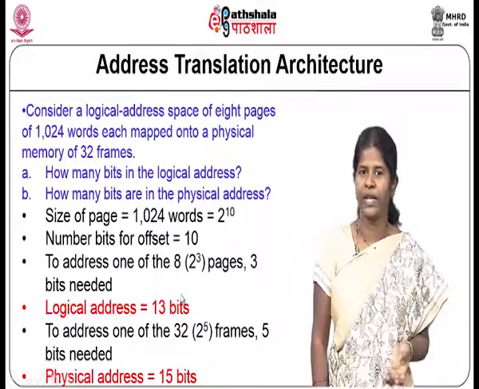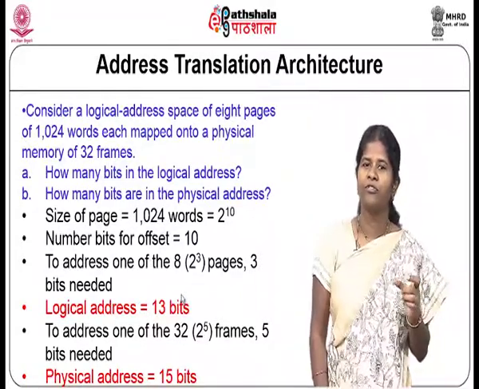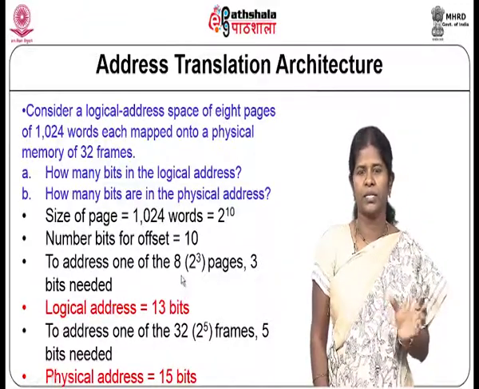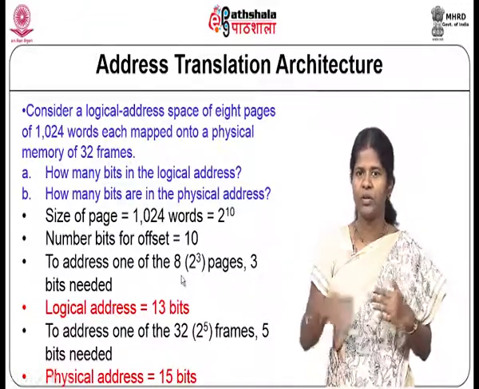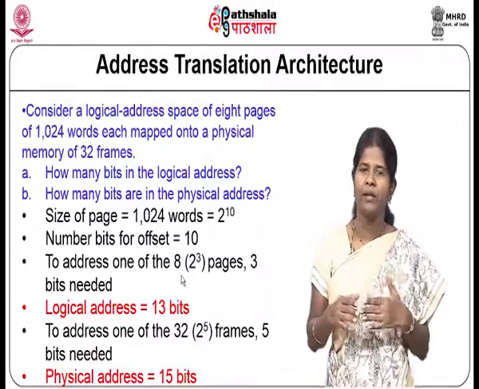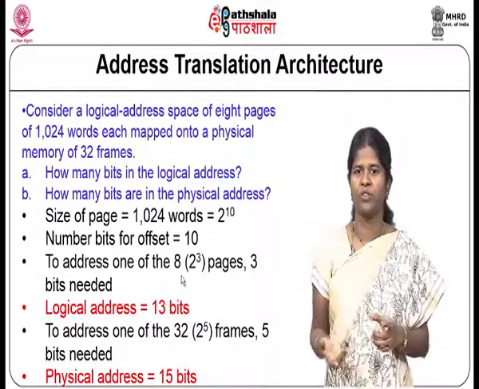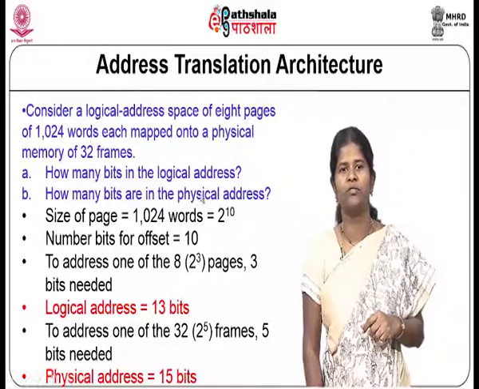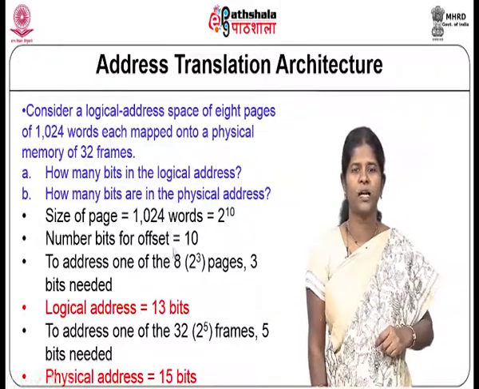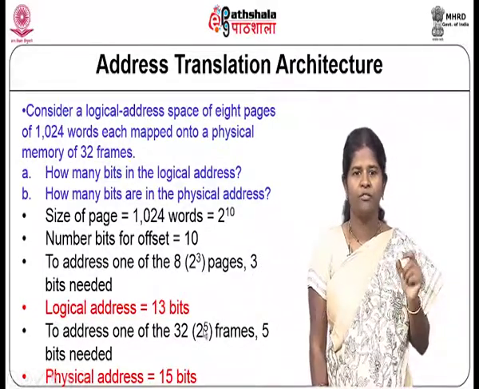And what about the physical address? In the physical address also you have the same frame size. So, 10 bits will be to address one of the locations within a particular physical frame, and the remaining bits to address one of the different frames that you have got. How many number of frames you have got here? You have got 32 frames. So, 32 can be expressed as 2 power 5 and hence you have 5 bits